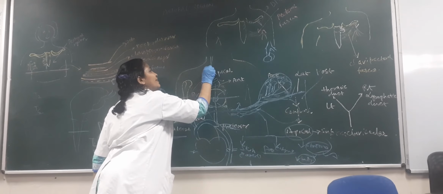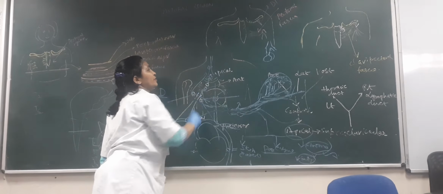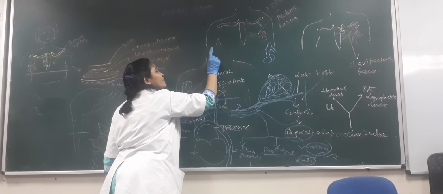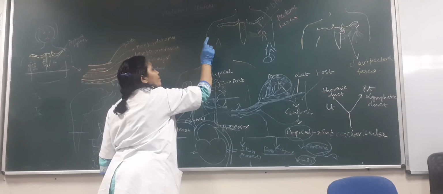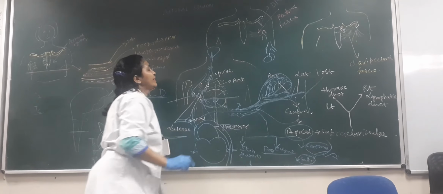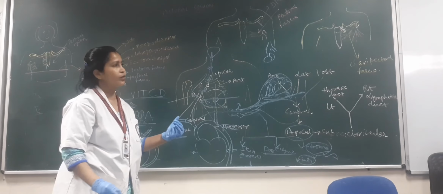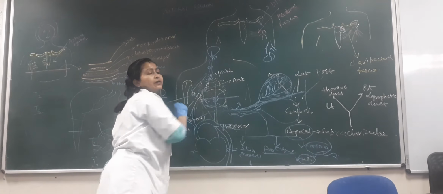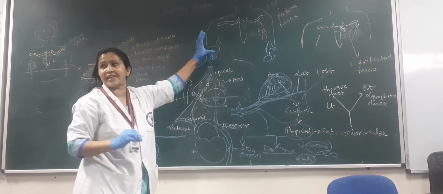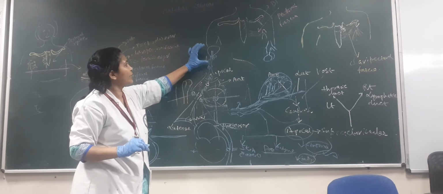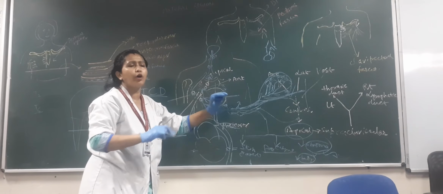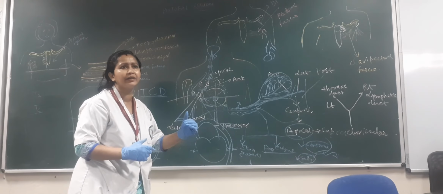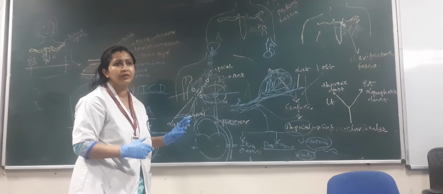So here is the upper deep cervical lymph node. Okay, upper deep cervical lymph node. Then this internal jugular vein, it is piercing the parotid gland. So from upper deep cervical lymph node to the parotid lymph node and to the parotid salivary gland. Okay, so among all these three major salivary glands, that is parotid, sublingual and submandibular, the parotid is most vulnerable